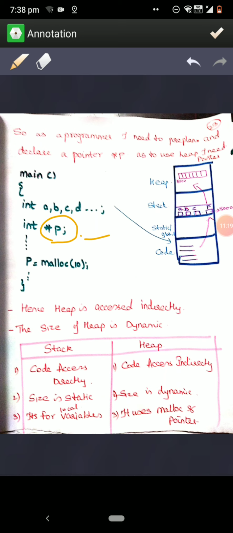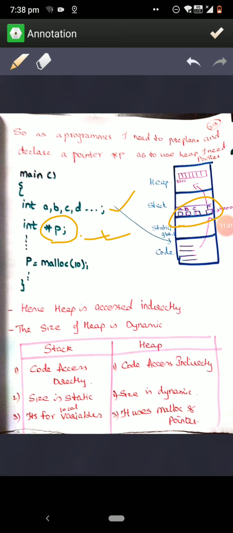Now the variables as well as this pointer variable are allocated in the stack memory. Fine. Now when I want additional variable spaces for my program, I